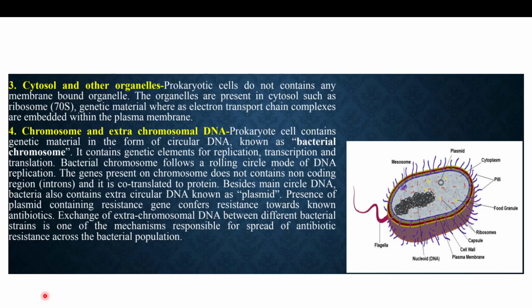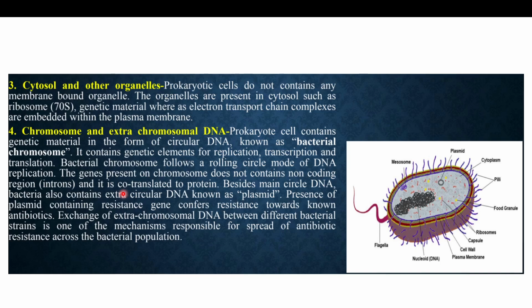The coding ones are called exons, and especially in eukaryotes, the exons are interrupted by intervening sequences called introns. However, in prokaryotes, that is not the case. The non-coding regions are not really present, and it's a polycistronic